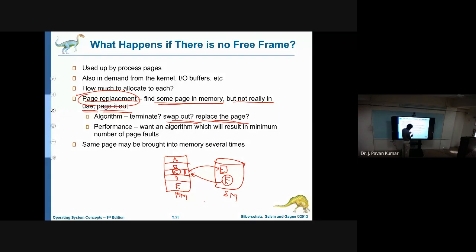We have loaded A, B, C, D, E, 5 pages, into main memory. Now, this is the victim that we have selected. So C is the victim to be replaced with F. This is the required page F. Now, to bring this F, C would have to be written into secondary memory. But whenever we bring these into main memory, A, B, C, D, E will exist in secondary memory as well, right?